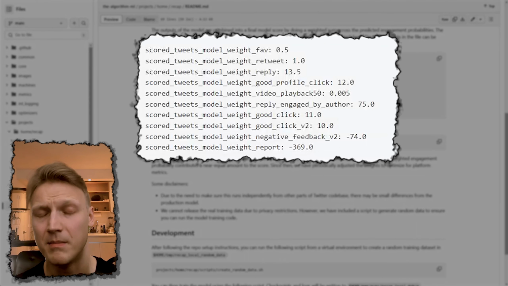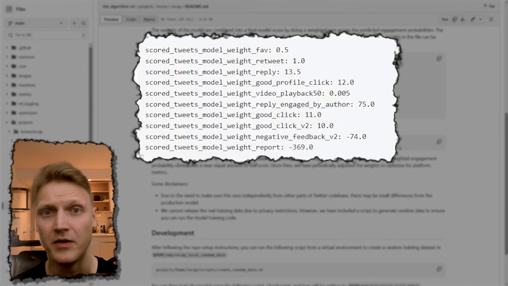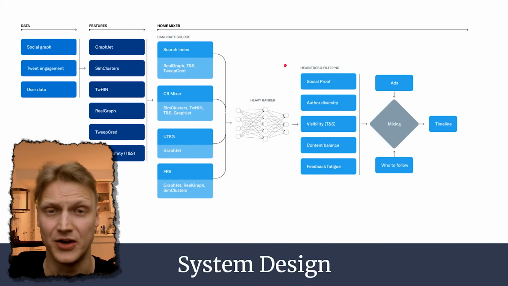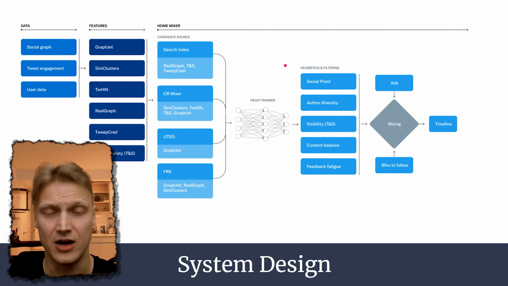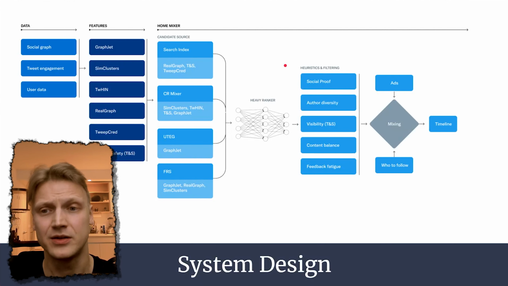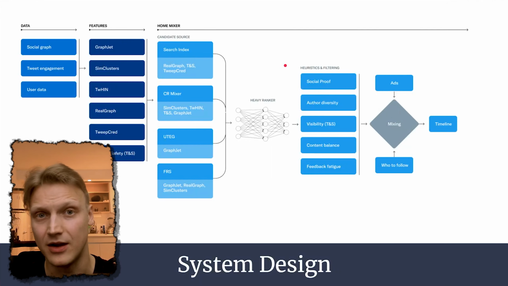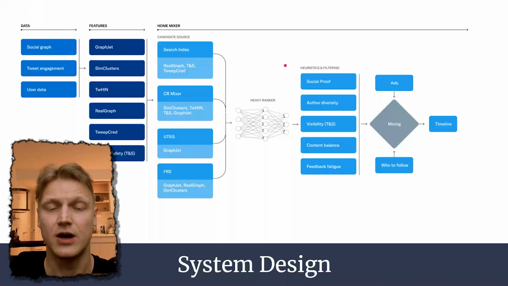And that will majorly influence the position of a tweet in the feed of a particular user. And remember, the heavy ranker, as the name suggests, is a heavy machine learning model that needs to be trained periodically on a lot of data. We've just reviewed a whole bunch of features that need to be collected from the upstream systems and aggregated over time. The data points of those systems also have a notion of relevance.